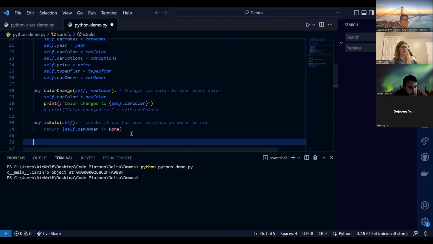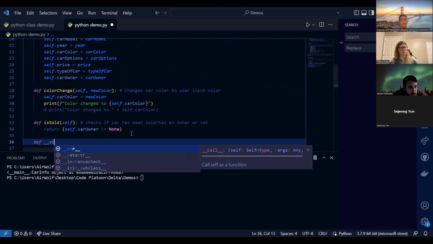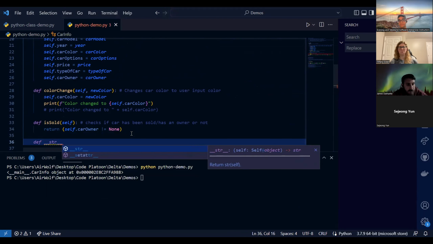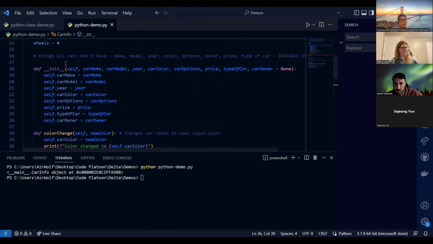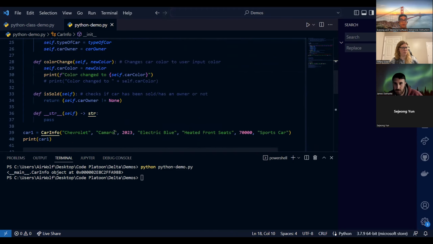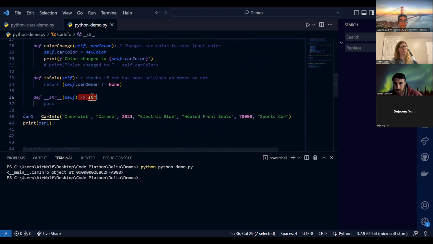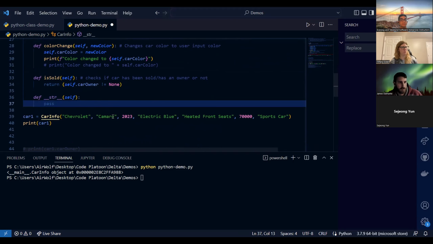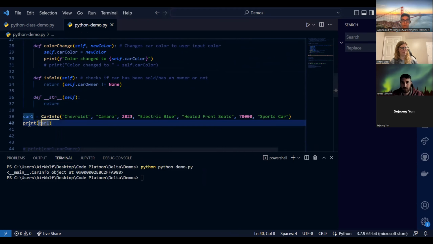So in order to make it a little bit nicer to print out, what we can do is define a string method. Have any of you seen these before? No? Okay. This works exactly the same as an init method. When you have the double underscores, it basically means it's going to overwrite something. For the string method, what we need to do is return a string, and the string that it returns will basically be a summary of our car info. That way, when we print out car1,